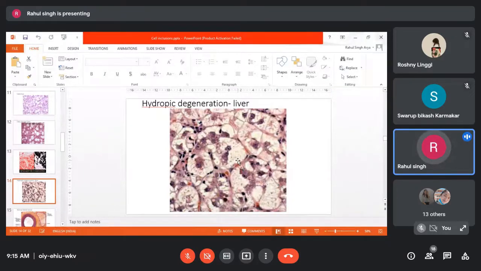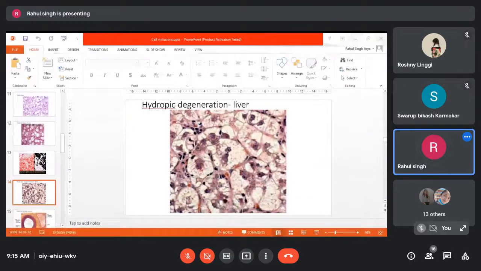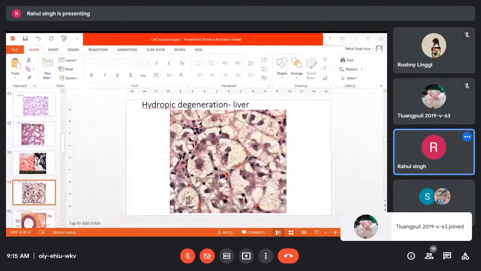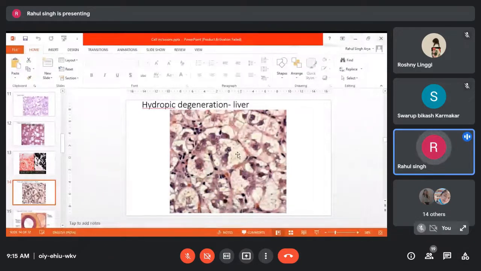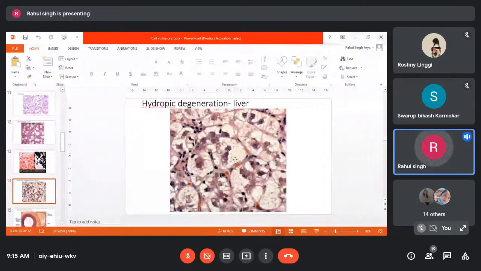The water has entered so much that cells have started dying now. You can see this is a cell. This is a cell. This is a cell, and you see this cytoplasm is literally missing, and only some rough coagulated debris is appearing here. Here also you see a large water vesicle, some remnant of hazy cytoplasm here also, and the nucleus is also distorted. All cells show a similar structure.